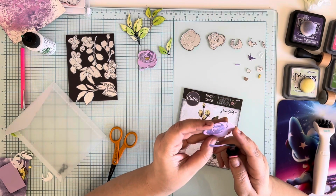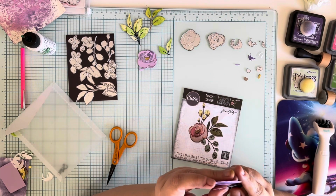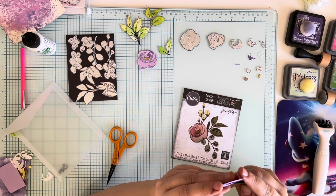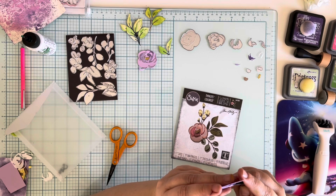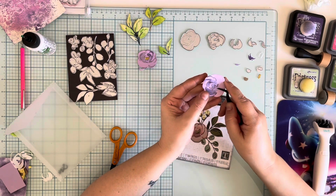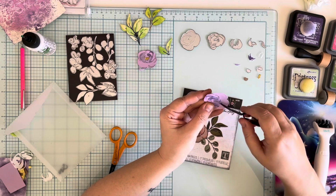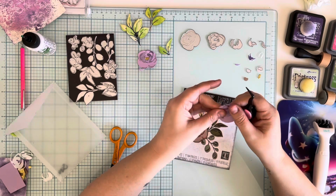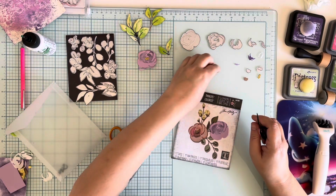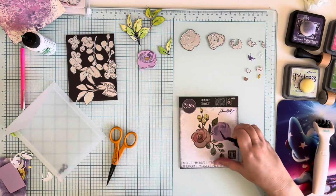And it's gonna go right about here. Okay, see, right there. And you're going to just press it down. See, got a little more dimension already. And then this little sliver,